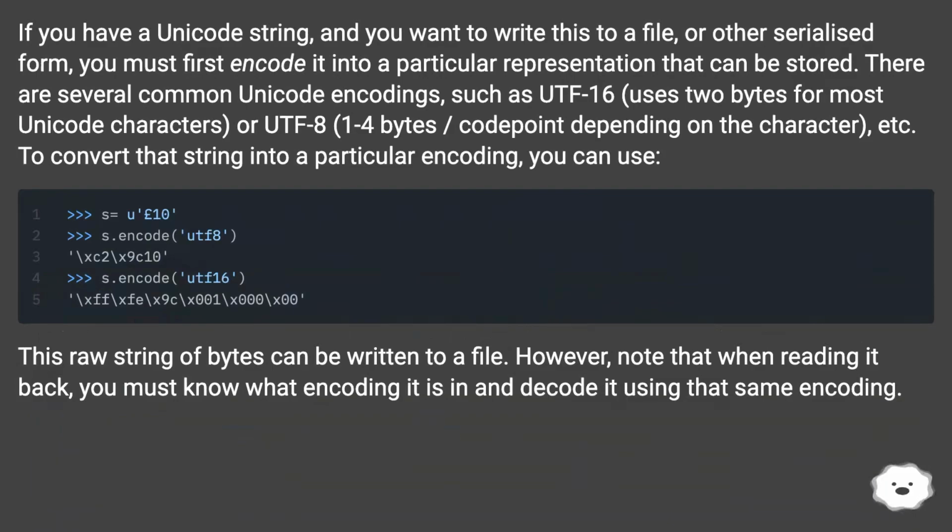If you have a Unicode string, and you want to write this to a file, or other serialized form, you must first encode it into a particular representation that can be stored. There are several common Unicode encodings, such as UTF-16, which uses 2 bytes for most Unicode characters, or UTF-8, which uses 1 to 4 bytes per code point depending on the character, etc. To convert that string into a particular encoding you can use: